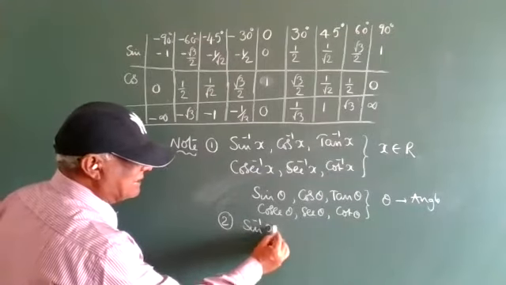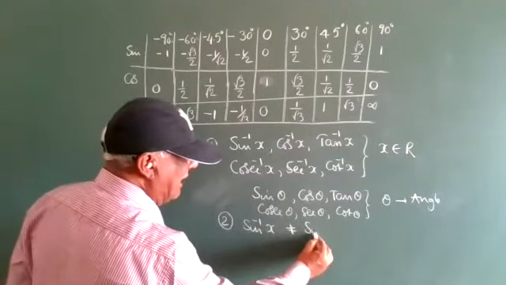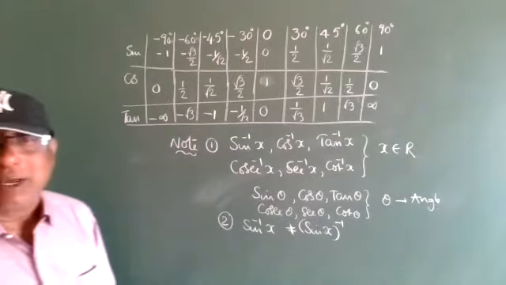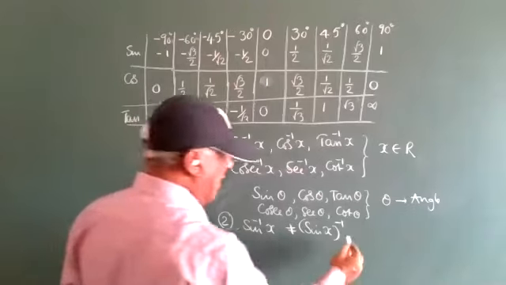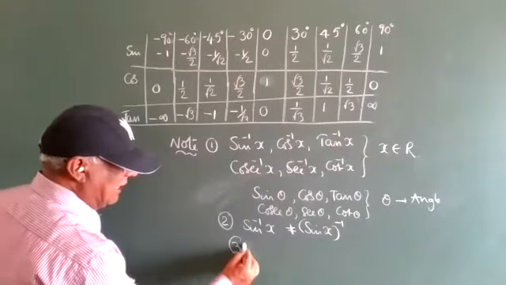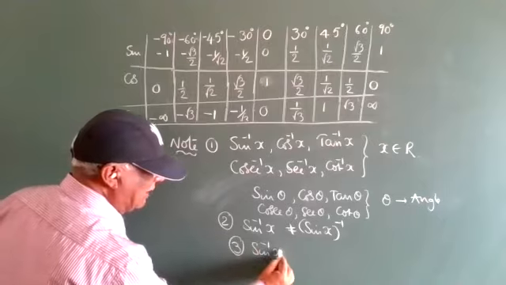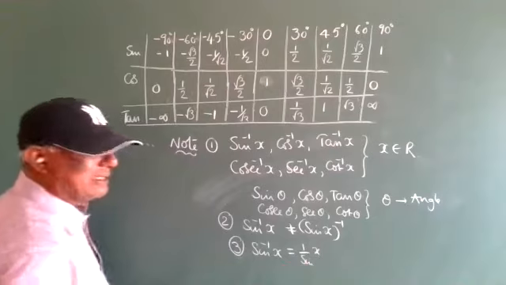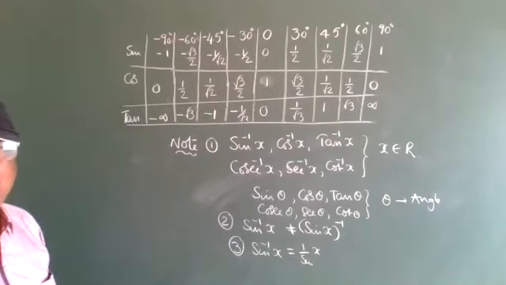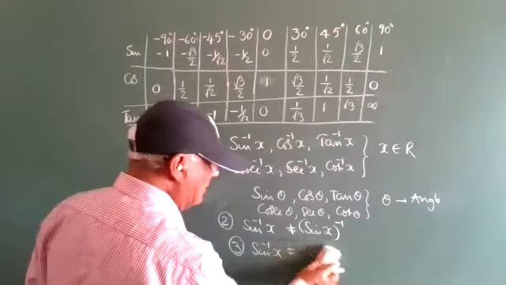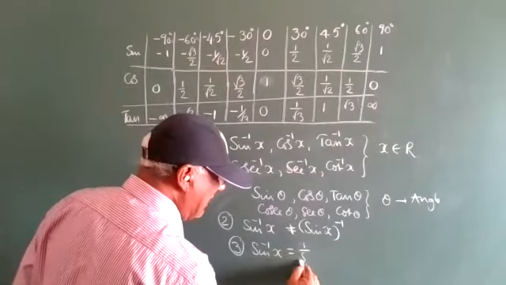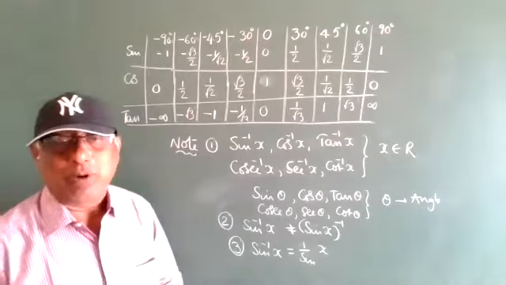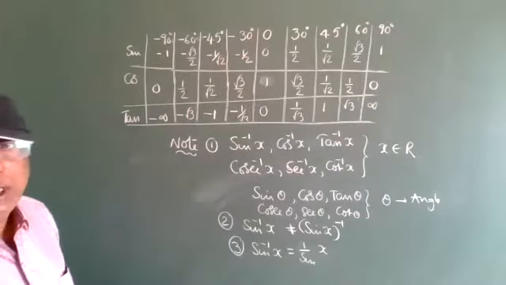Next, note point 2: sine inverse x. Don't write sine x of whole inverse. Everyone observe, the third point is that sine inverse x does not mean 1 by sine of x. That is the meaning of the reciprocal: only sine is reciprocated, 1 by sine. X is never reciprocated. Okay? Right.